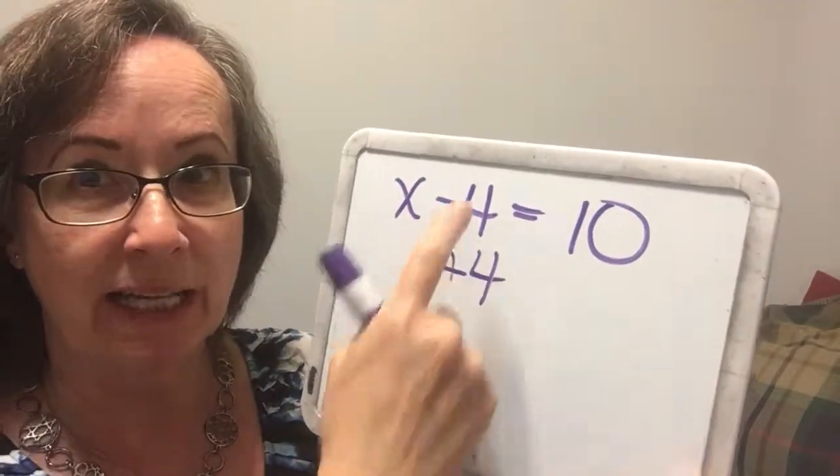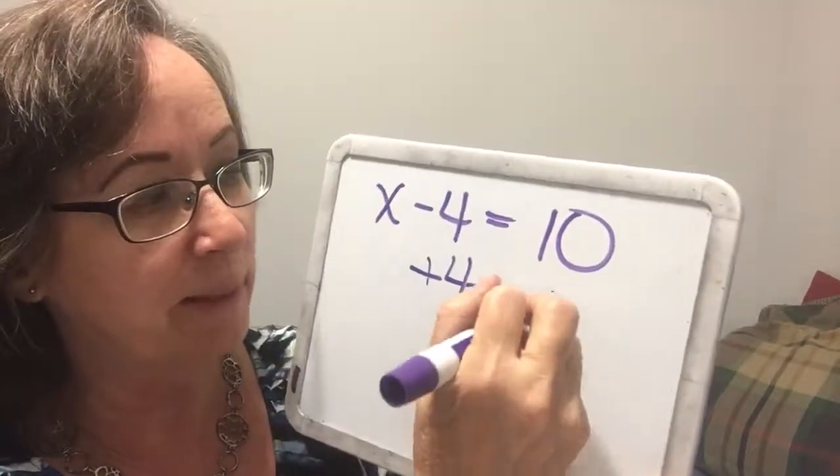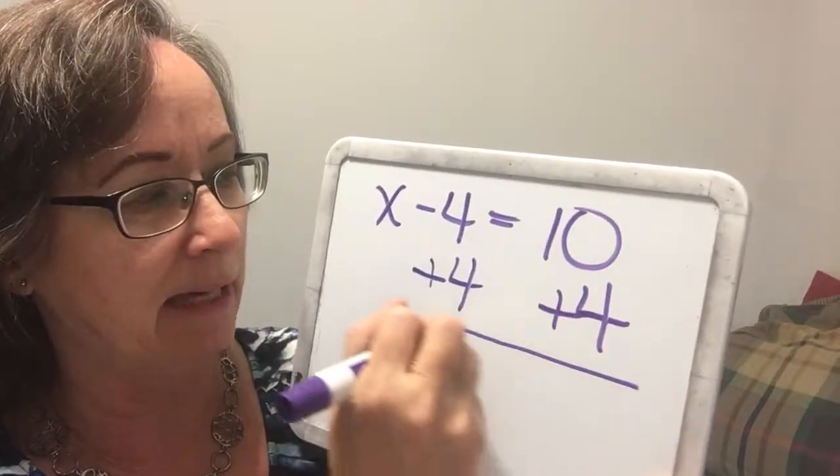So to get rid of a negative 4, we add a 4, which means we must add a 4